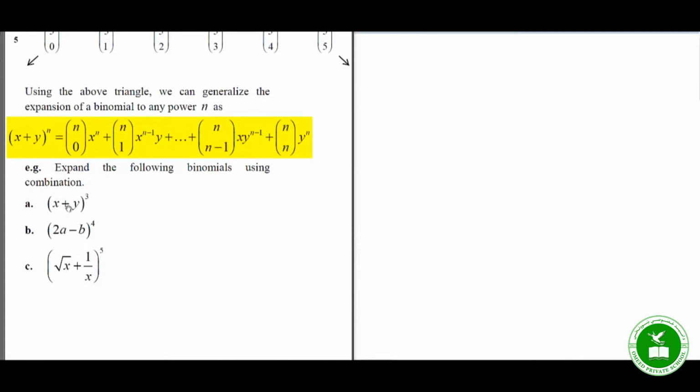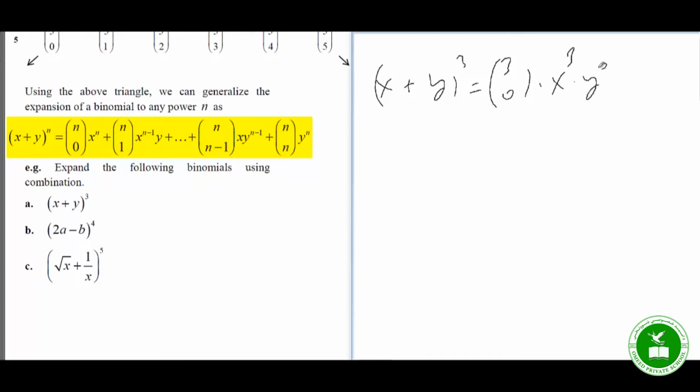Let's expand (x + y) to the power of 3 completely using combination. Here n is equal to 3, so we can use the combinations of 0 from 3, 1 from 3, 2 from 3, and 3 from 3, and the powers also follow that pattern. So the combination of 0 from 3 times x to the power of 3 minus 0, which is 3, times y to the power of 0, plus